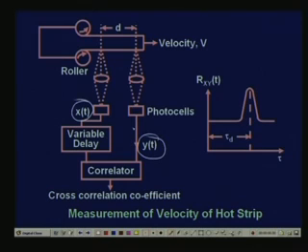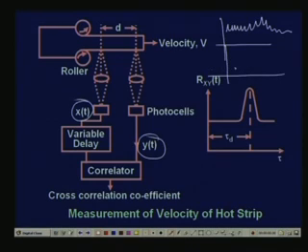Suppose we are receiving radiation from one channel. Now, this radiation pattern will probably be varying like this. The radiation sensed by these two signals is going to be